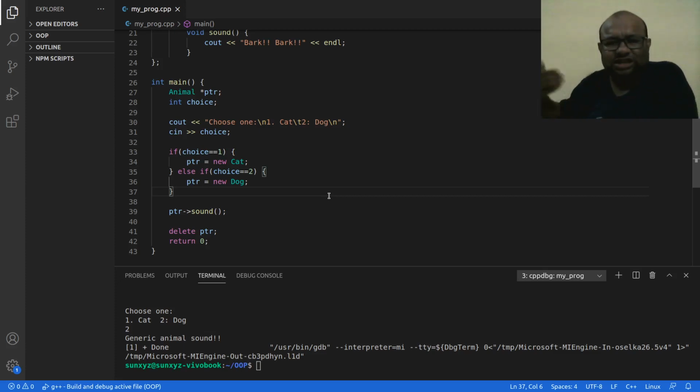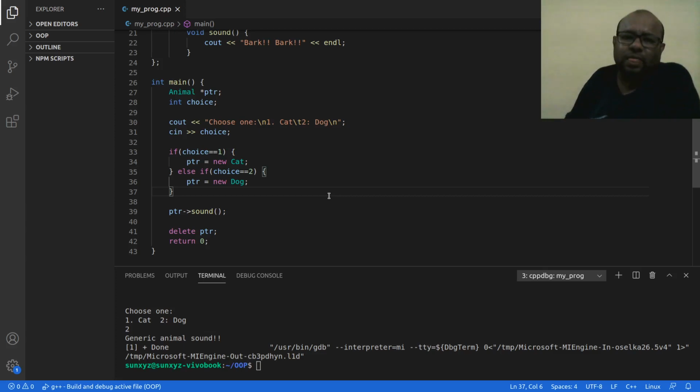After the user chooses, this animal pointer is going to point to either a cat object or a dog object. So this decision takes place in runtime. All right, so this is called runtime polymorphism, and this is enabled because of something called late binding. Binding an object to this pointer happens late, when I run this program.